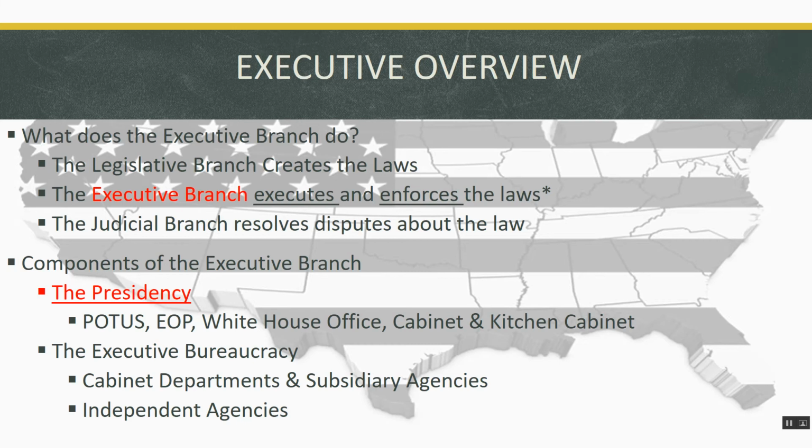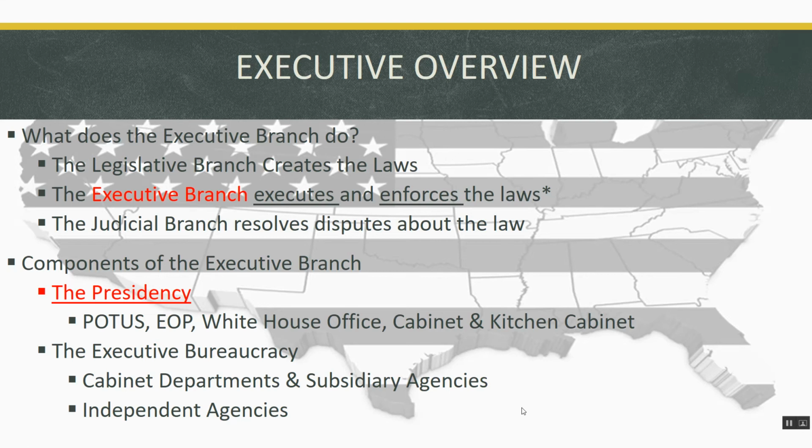The cabinet departments are the 15 largest departments or administrative subdivisions of the executive bureaucracy, and they report directly to the president. Each of these cabinet departments encompasses a large number of subsidiary agencies, and they're going to handle very broad issue areas. So, for instance, one